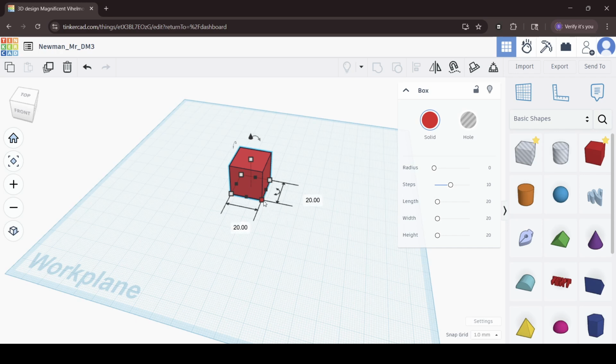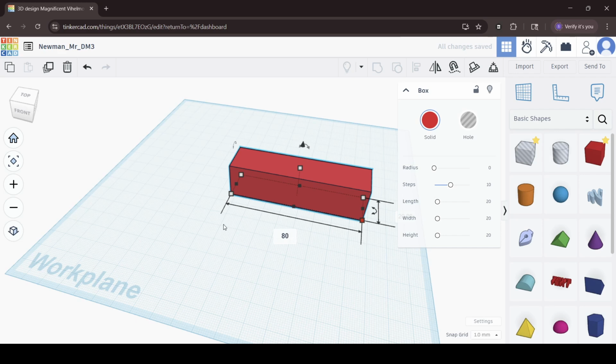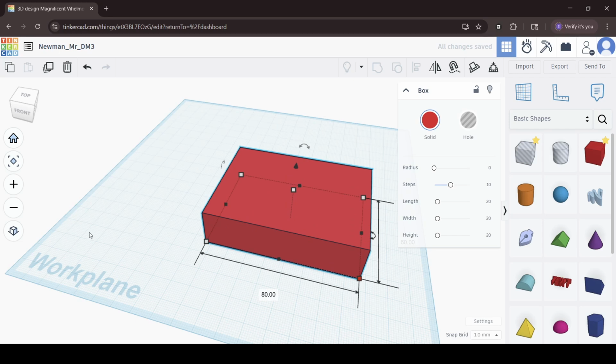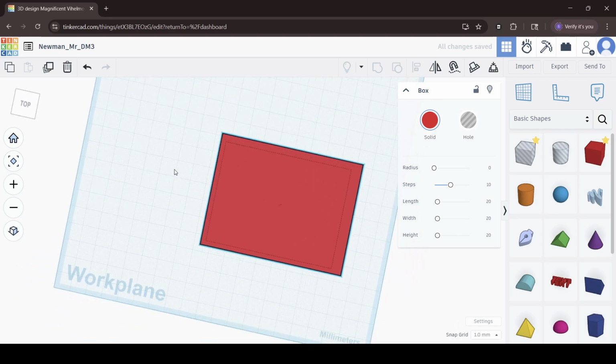So we're going to click on this bottom right box, and you can see it highlights two measurements. So if I click on that, I can come down here and select this, and now I can type in what dimension I want it to be. So for this project, I want it to be 80 by 60. So we're going to type in 80, and then we can hit tab, and it's going to take us over to the other one. Let me just type 60. This gives us a pretty good looking